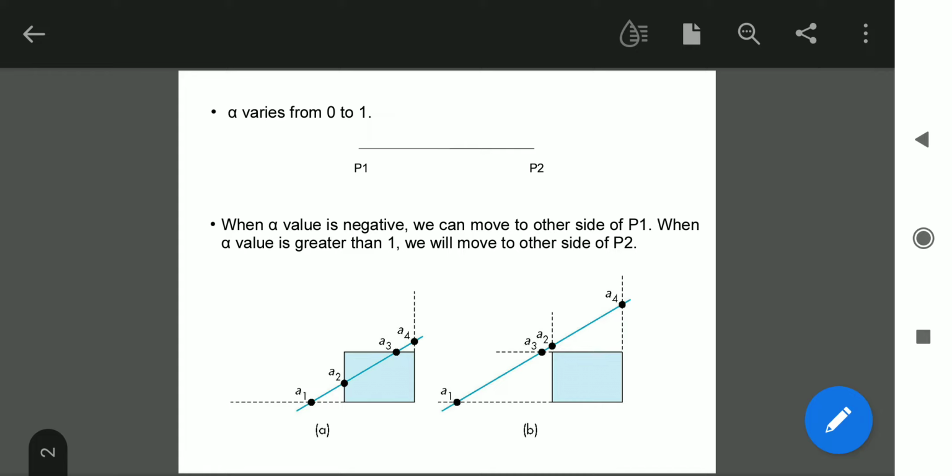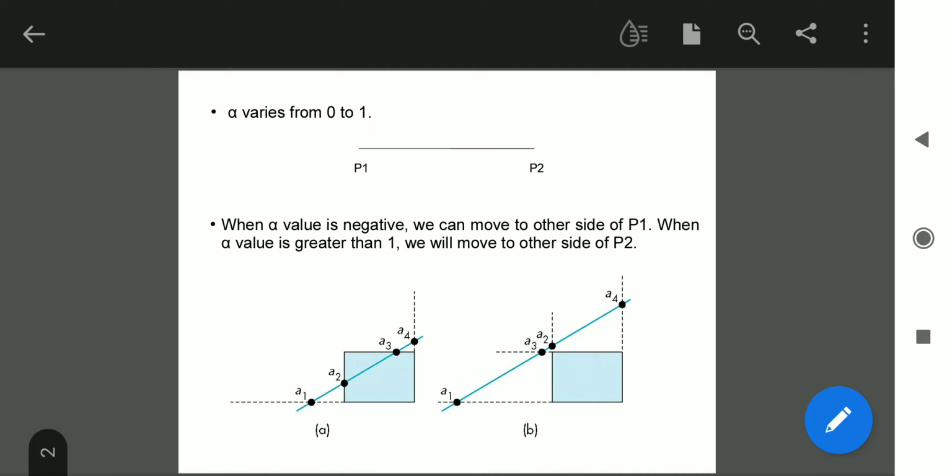Then to understand the Liang-Barsky line clipping algorithm, we'll consider a line segment over here, and the rectangle that we are able to observe, we'll consider as an output window. Now we are observing diagram A. In diagram A, we have a line segment and we have a rectangle, where the rectangle is assumed as the output window. Now we need to clip the line segment against the output window. We already know what clipping of a line segment is, that is, removing the part of a line segment which is not visible to a user, that is, the part of the line segment going outside the output window. That part we need to remove, and that is known as clipping.